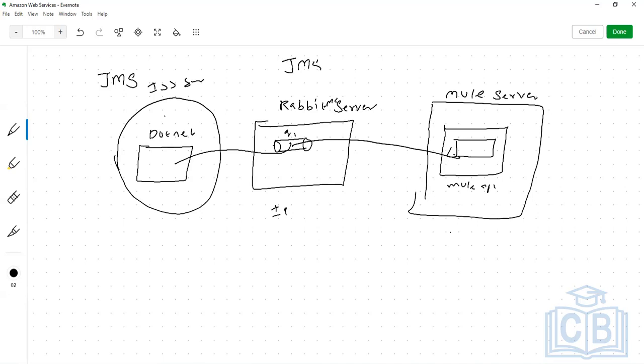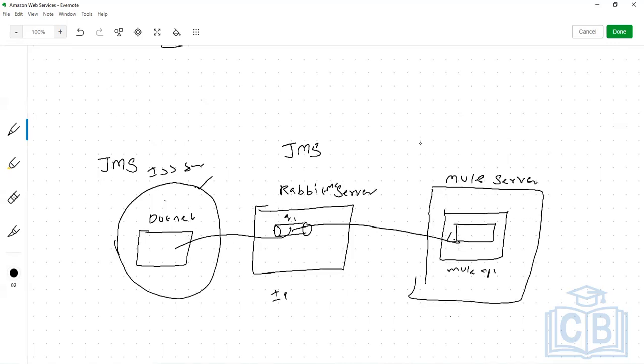We are establishing communication between different platforms. This is the .NET platform, this is the Mule platform, different technologies. They can talk to each other using JMS, heterogeneous technologies. Whereas if you come from Mule, the VM component